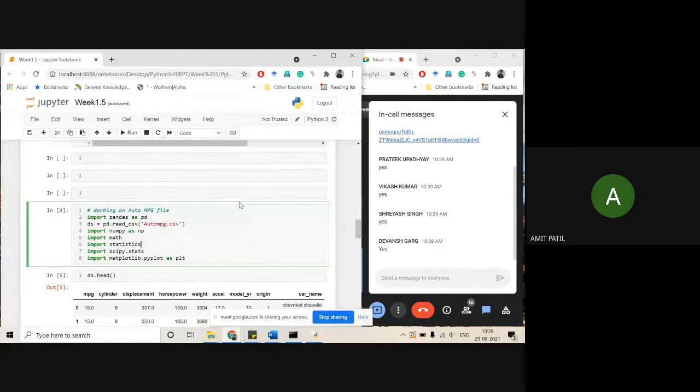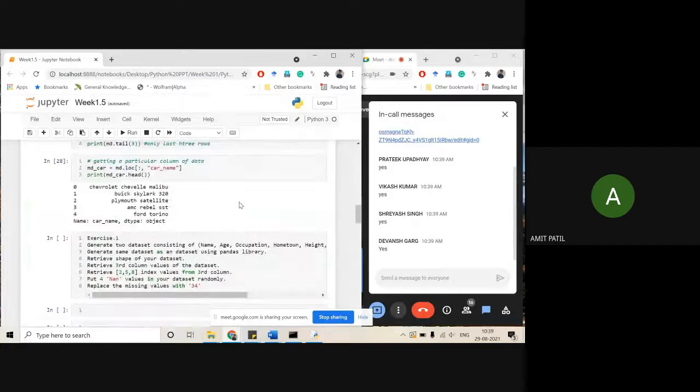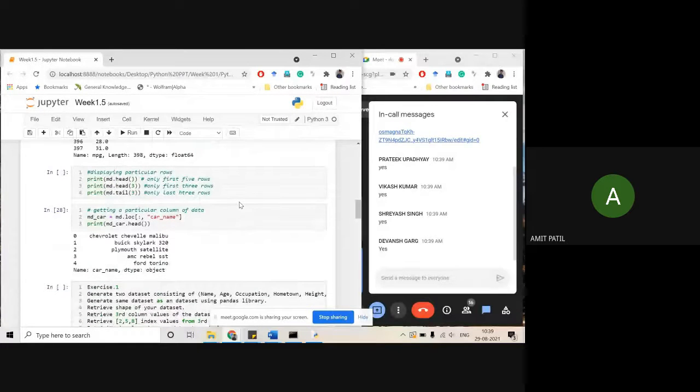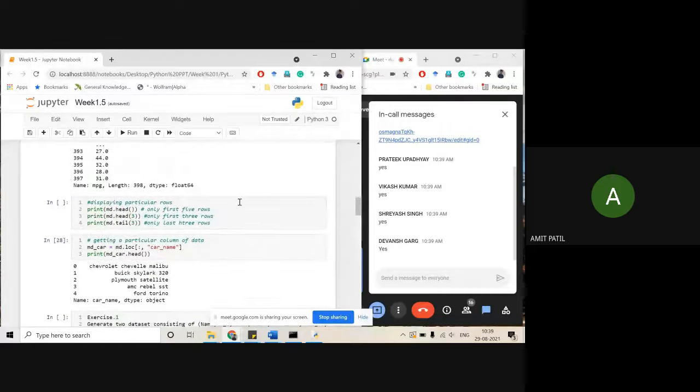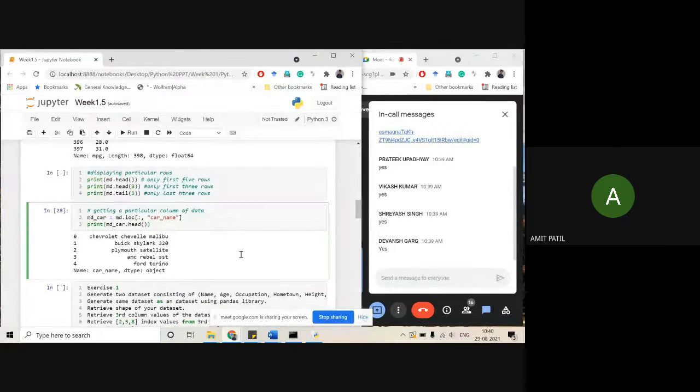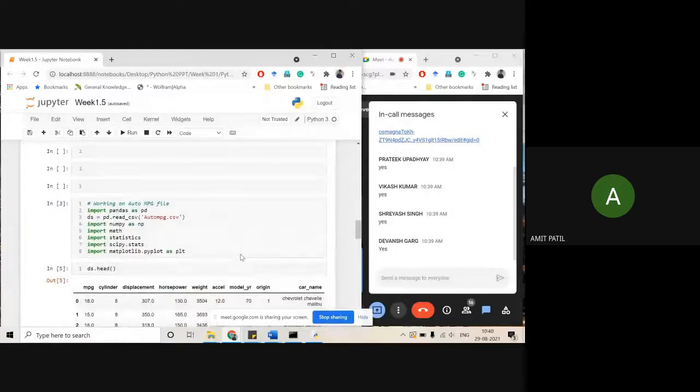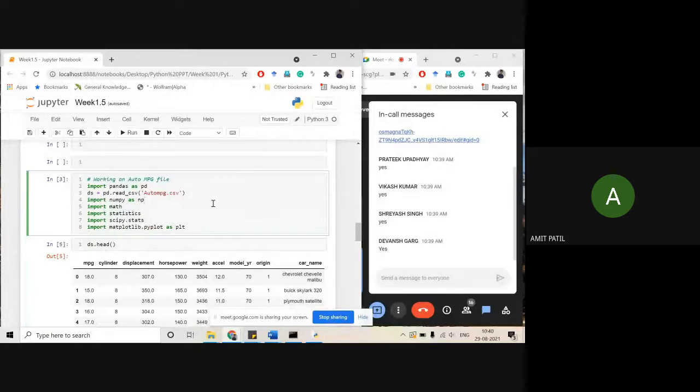Pratik, Vikash, Shreyas, Devansh, are you getting all the things that we learned today till now? Or was it too fast? Okay, so assume that everything is all right.